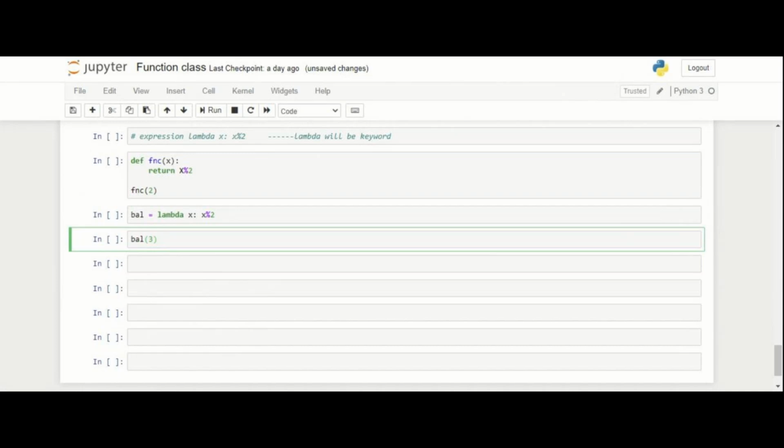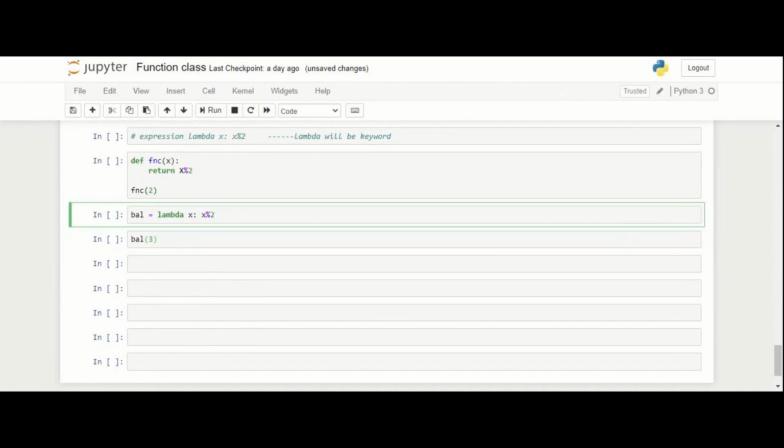3/2. What would it return me? 1. What would it return me? False, right?